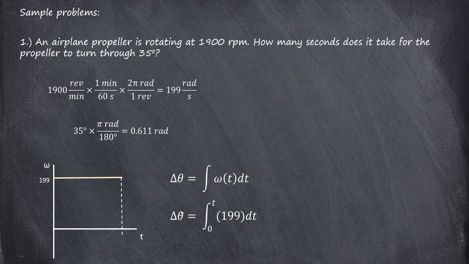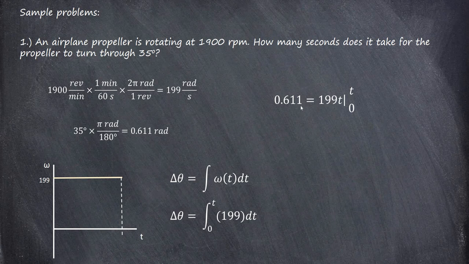But I'm still using this formula because I'm looking for t and it has t in it. Omega t, as I said, is 199, just a constant. So I put it there, and if you know the rules of integral, you'll get 0.611,